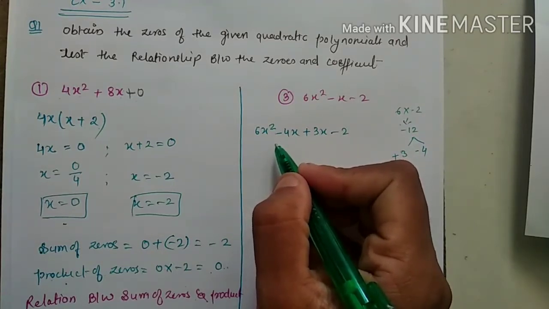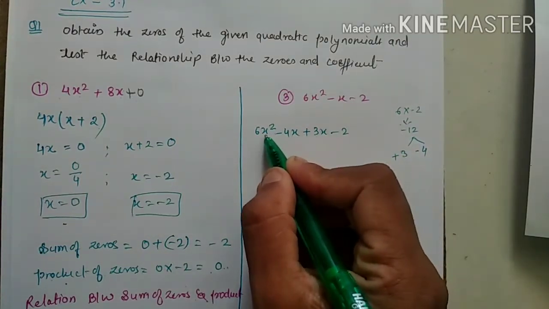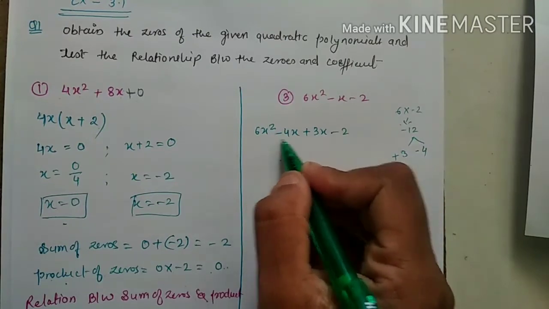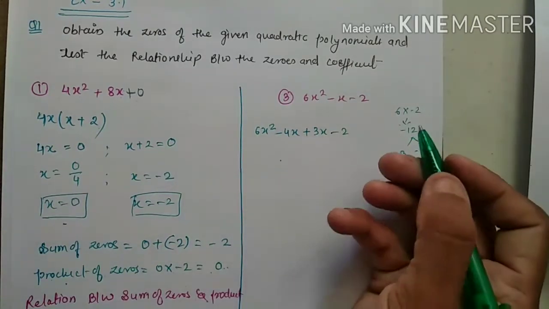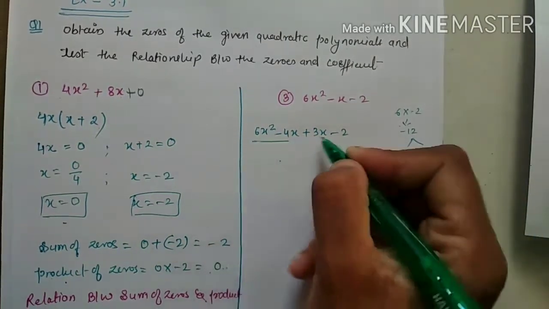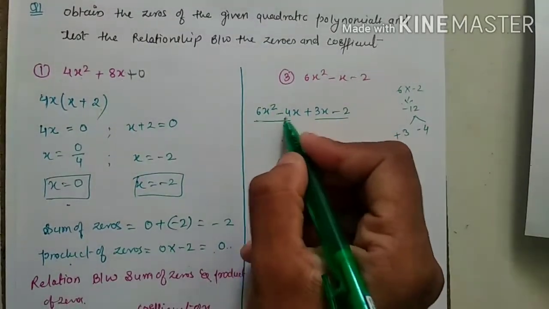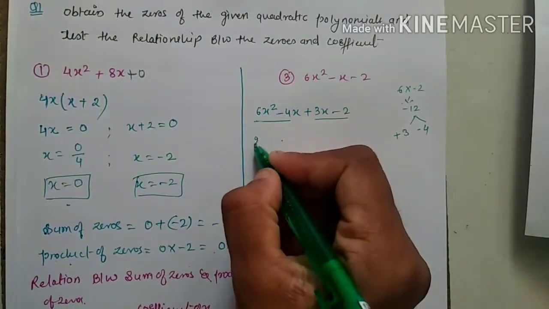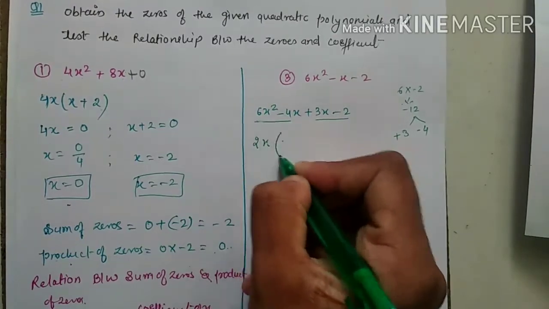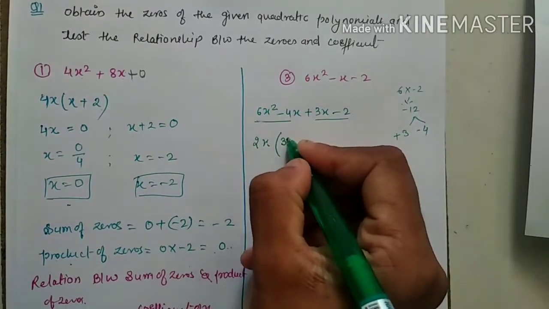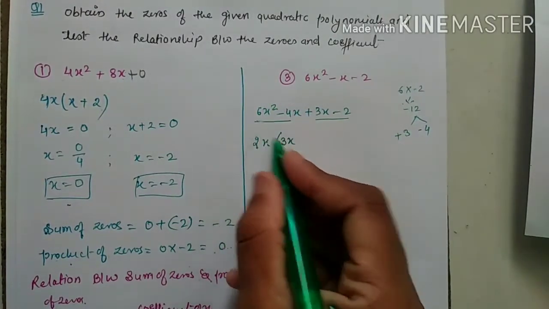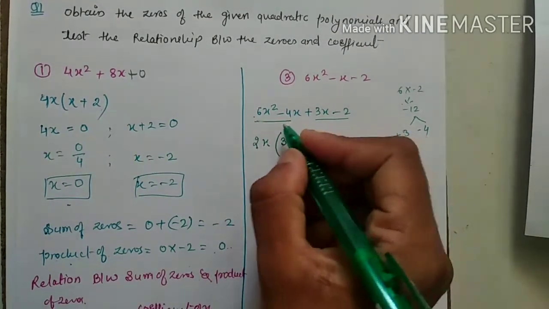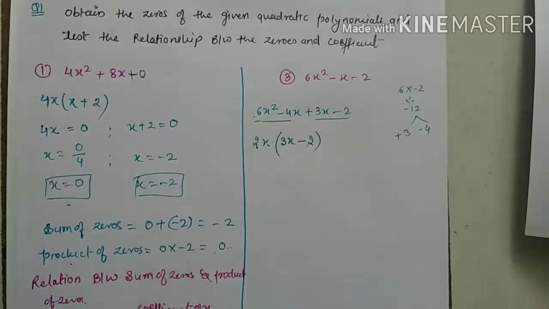Or you can make the pair like this. If you have the pairing like this, if it is not possible, you can do another way. Or you can do it like this. Just make the pair of first 2. Just check. 6x square minus 4x. Both has 2, so I am taking 2 common. X also has x. What remains? 6 3. Correct? 2 3s are 6. Minus what? 2. Correct or not?